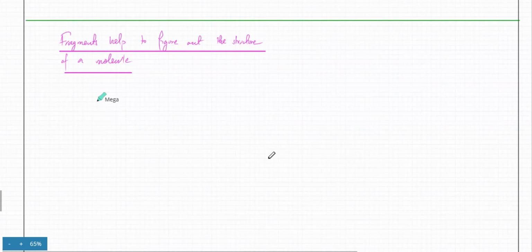For example, you have a molecule of carboxylic acid, which is CH3, C double bond O, and OH. This is ethanoic acid. When it gets ionized, you're definitely going to get a molecular ion, which is going to be CH3COOH, and it will have a charge of +1. So that's your molecular ion, and it will have a mass of 46. I think it will have a mass of 46.